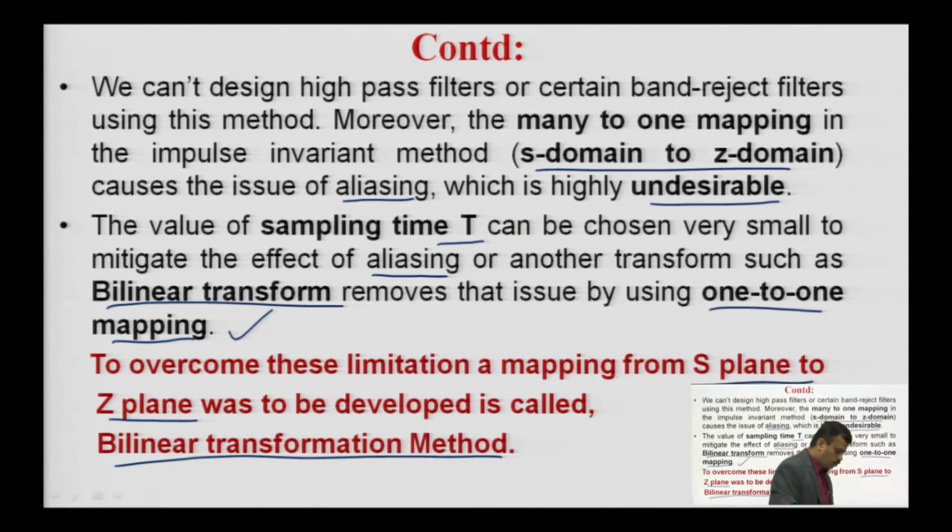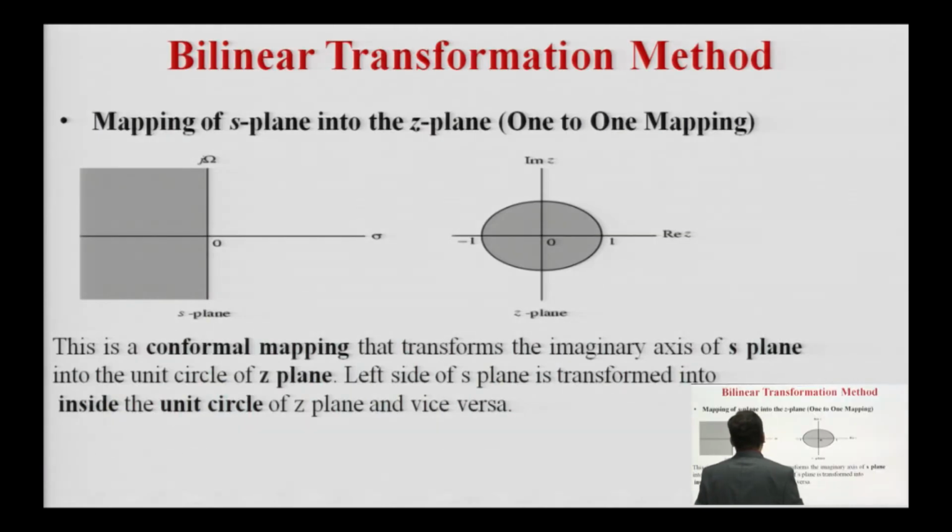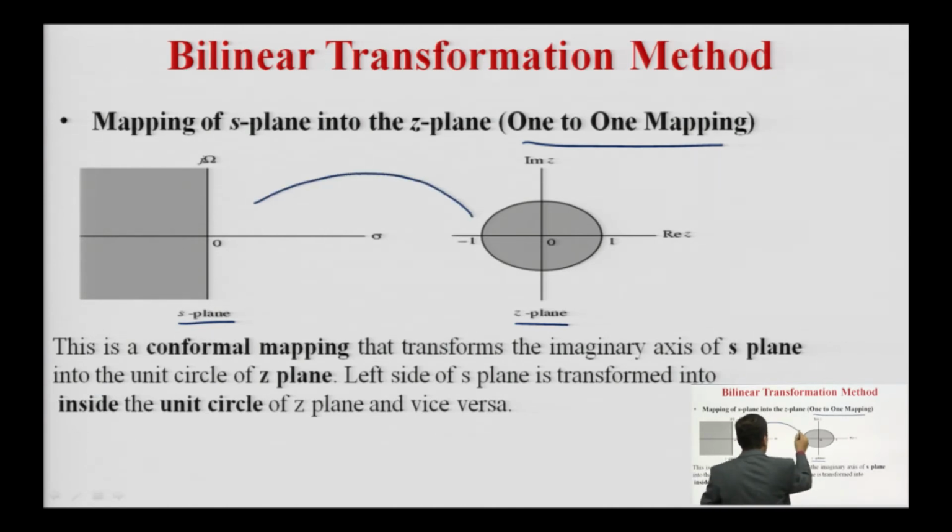Okay. So, next, in the bilinear transformation method you have to do the mapping from 1 to 1. Now, you are again converting your S plane into the Z plane, or going from the S domain into the Z domain, but 1 to 1 mapping is there. Okay. So, here you can see this is the S plane, that is for your analog filter, and this is your Z plane, that is for your digital filter, and you are converting your analog filter into the digital filter, or going from the S plane into the Z plane.